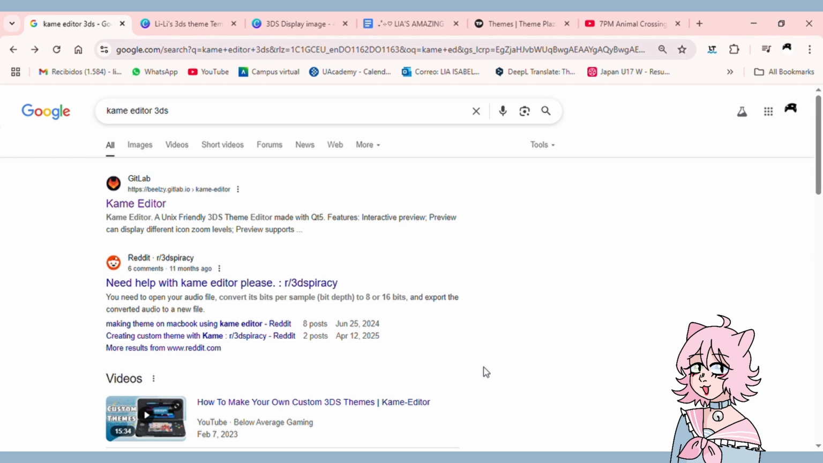Okay, so first things first, we're gonna need our editor. There's two choices for this. First one is Usagi editor, which I have never used. I found it too complicated compared to the other ones, so the one we're using for this tutorial will be